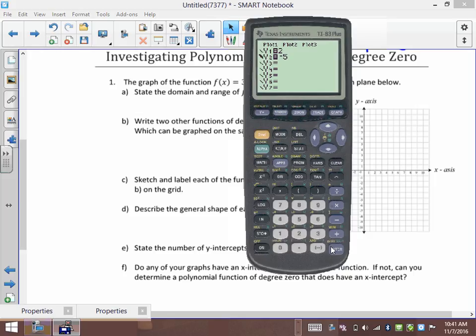So at least you'll know that, and I always make the second graph thicker so that I always know that the second equation I put in is the thicker graph. I just always do it so it's consistent. But when you press graph,